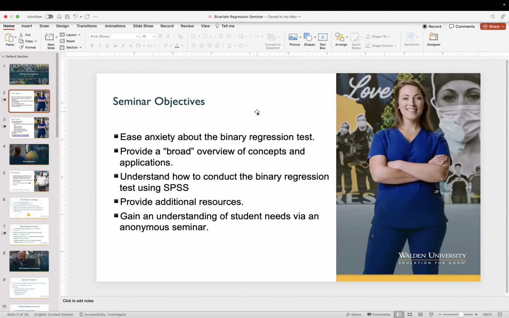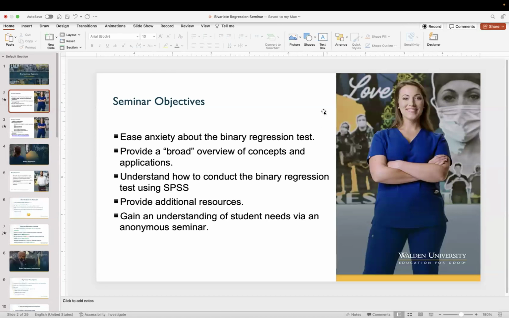You'll never remember everything in 45 minutes to an hour. We'll never be able to cover everything possible on a bivariate regression test. I have taken regression courses that were 16 weeks long, much less trying to fit a particular test in 45 minutes. So again, it's a very broad overview, so that hopefully you walk away from this session saying,